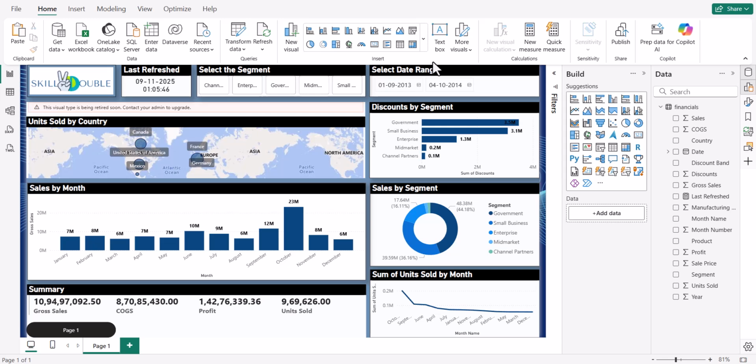Hello everyone. So we are going to discuss a few more visualizations in the upcoming lessons. To begin with, what we'll try to understand is how to add multiple pages, and also duplicate a page. So in order to add multiple pages onto this Power BI report,